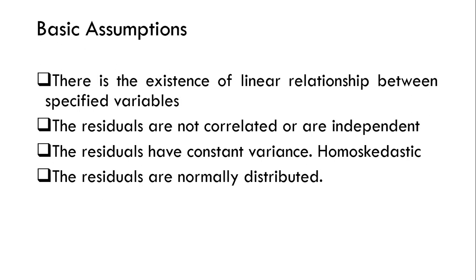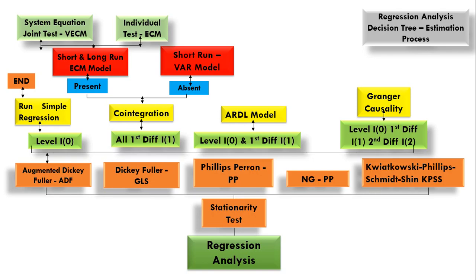If you wish to get hands-on information, you may check our videos that we did on normality distribution of variables. Now, going forward, this is the decision tree that we must follow while running our regression analysis, as